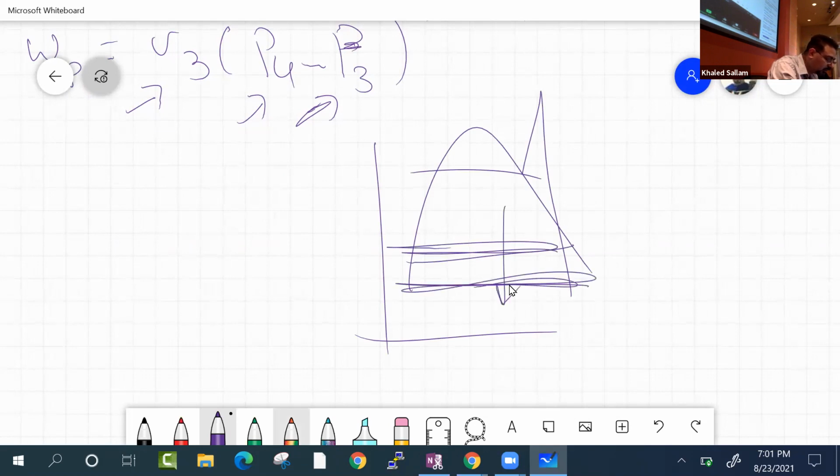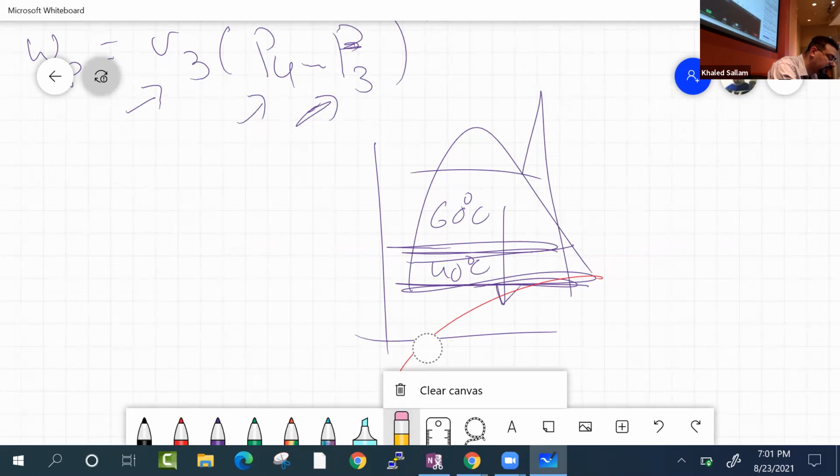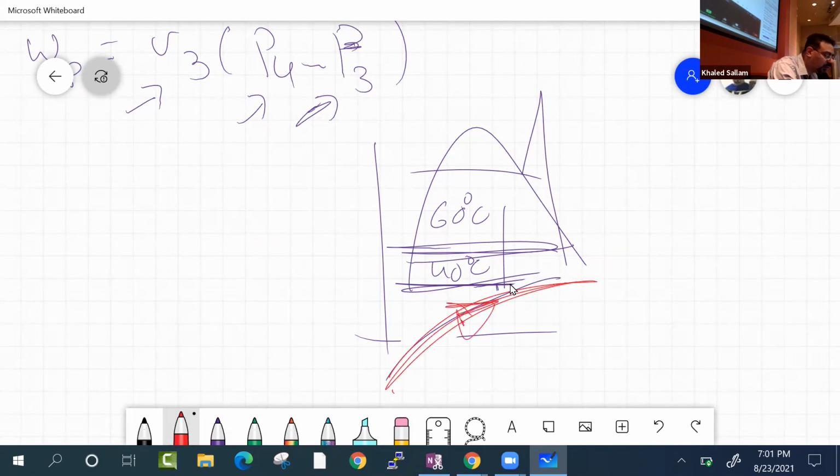And the lower I can go, the better. So if it's condensing at 60 degrees, that's okay, but 40 would be even better. And 20 is even better. But I am limited by this. What is that? That is the water coming from the cooling tower. The water coming from the cooling tower cannot take you lower than a certain temperature. If the cooling tower is cooled by air at say 40 degrees C,